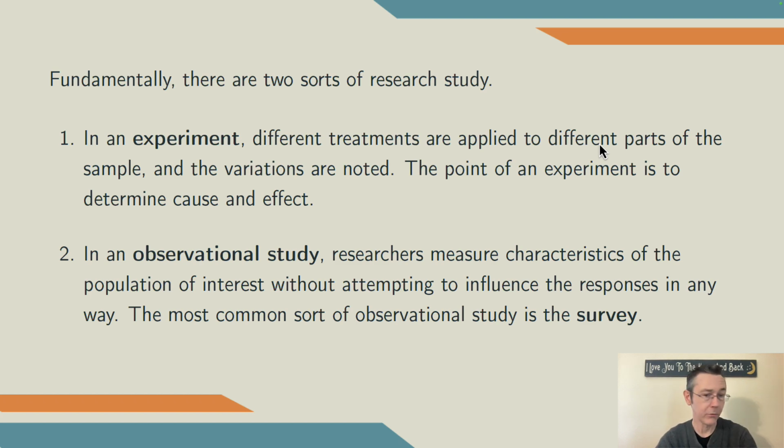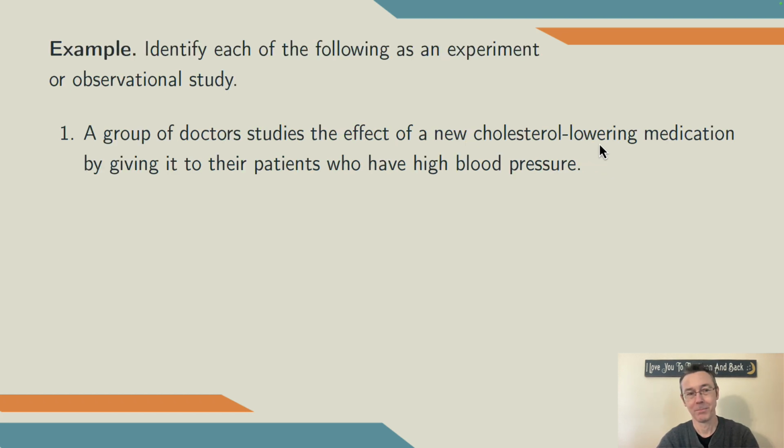Sometimes you're limited to an observational study, and that's where the researchers are just measuring characteristics of the population of interest without attempting to influence the responses in any way. And the most common sort here is the survey. Here's a few examples. In each case, let's determine whether we have an experiment or an observational study. My advice is to pause the video in between each one and try and come up with an answer before